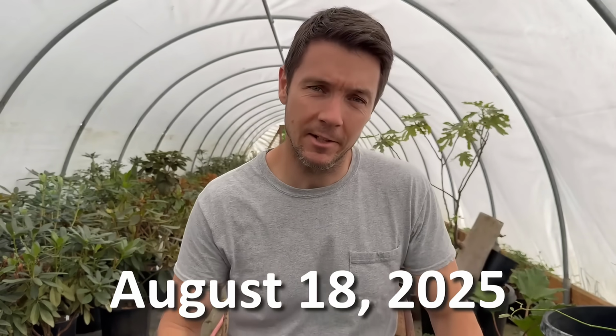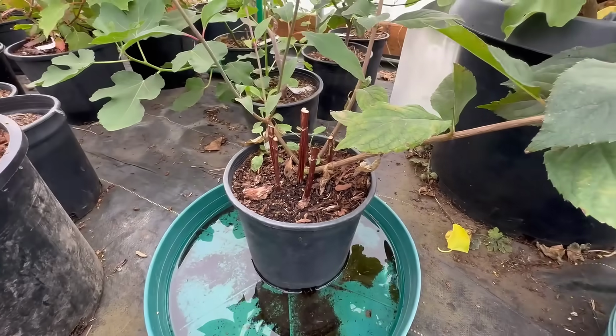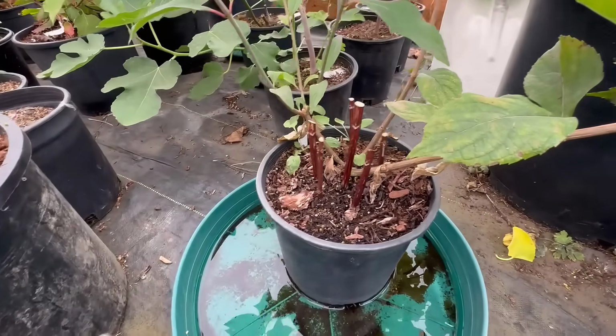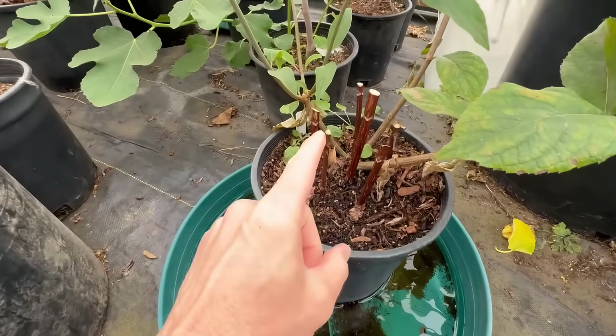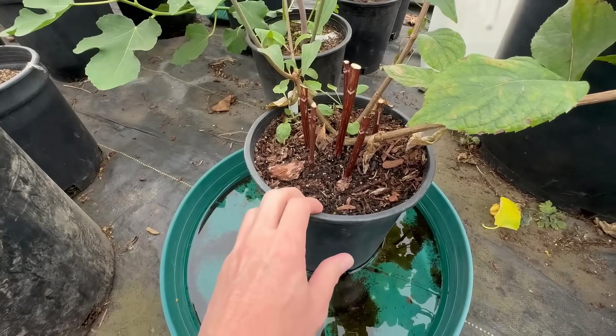All right, so that was August 17th. Today is August 18th, except it's a year later. So let's go take a look at these little Panicle Hydrangeas and see what came of them. And here they are. And I'm going to show you something in just a second that's going to blow you away. But I had these sitting where I showed you, somewhere in the hoop house right by that spot,